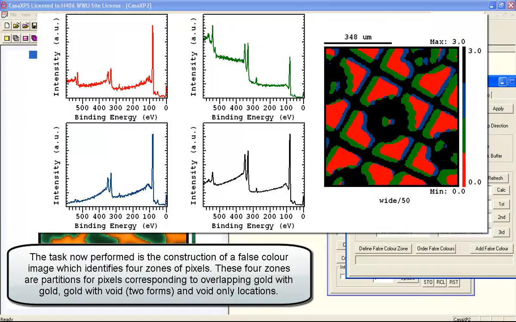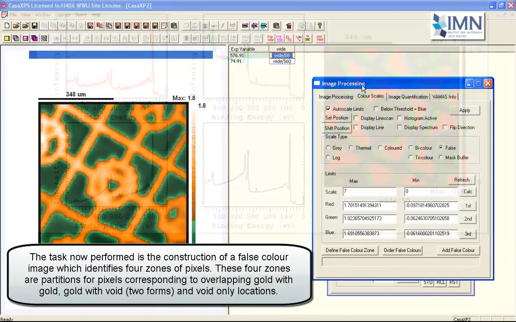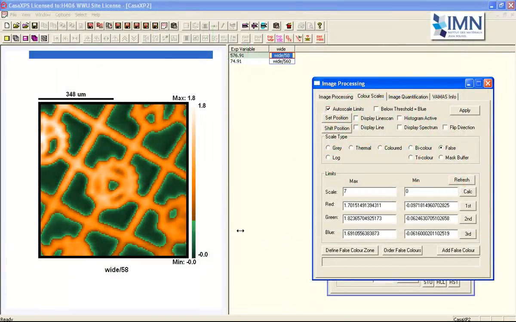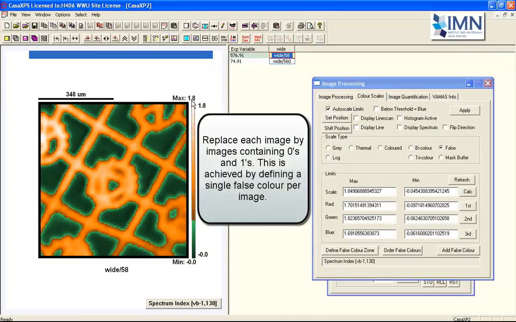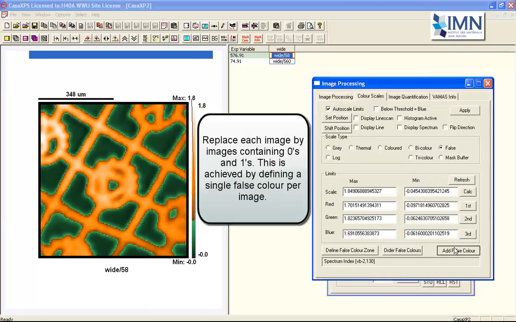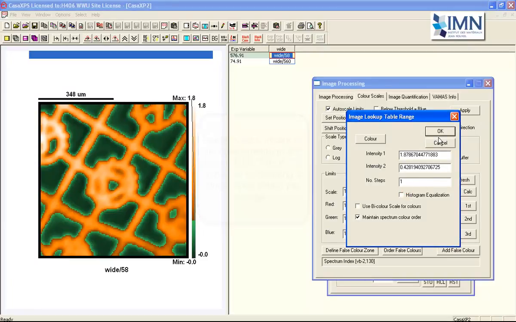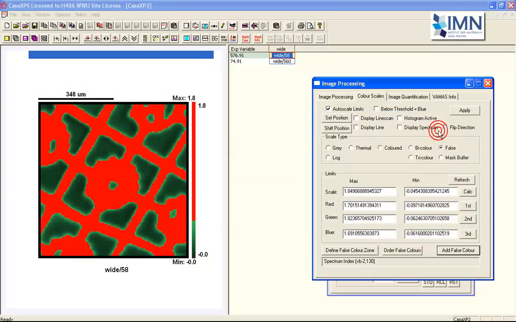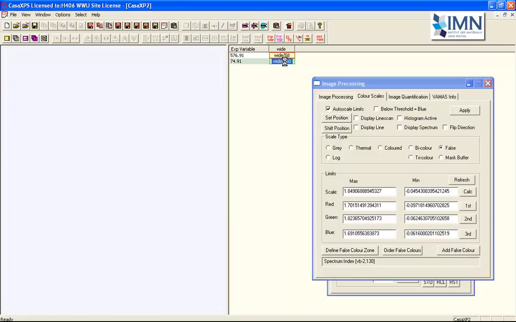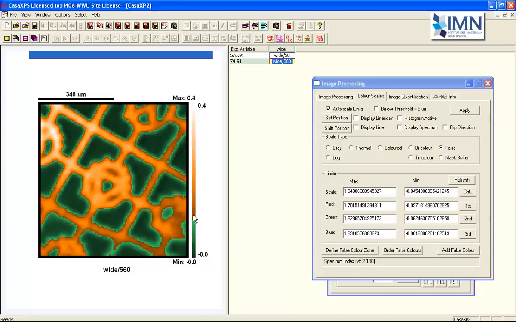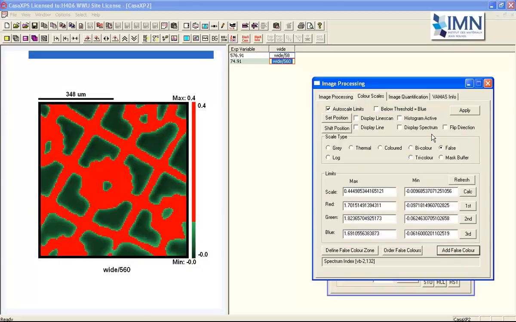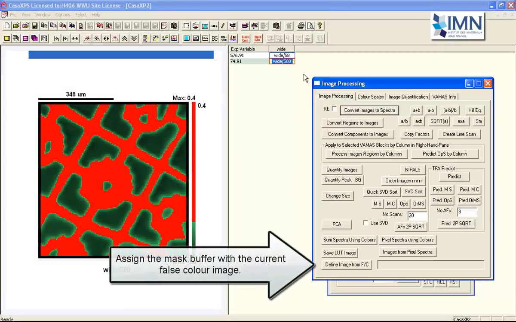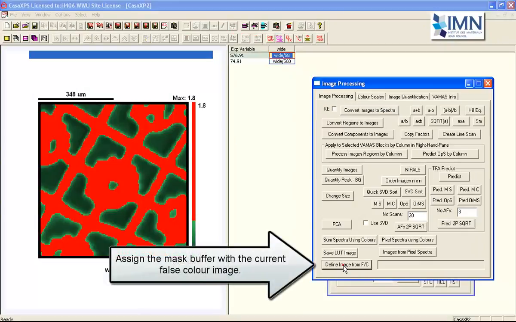Well, what we'll do is perform a little bit of arithmetic on these images and create an image which we can partition the signal from different zones on the image into where there's gold from both of them, where there's gold from one but not the other, and vice versa, and where the void is. So we're going to do this by creating a false color image, and the false color image, we will then save the index from the false color image